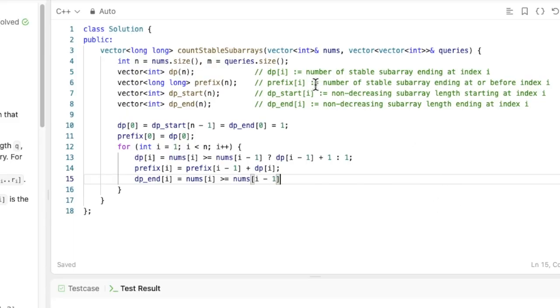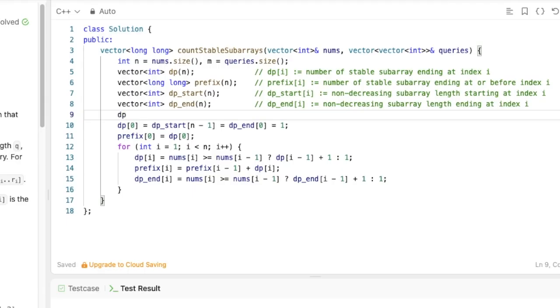So if it is, then we can reuse the previous element, dpEnd[i-1] plus 1. So what I mean here is that